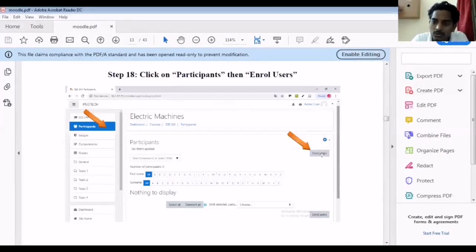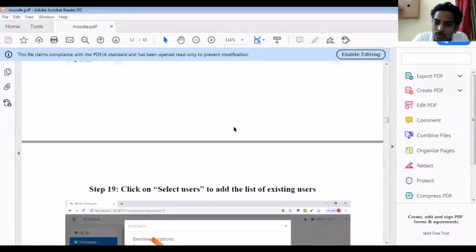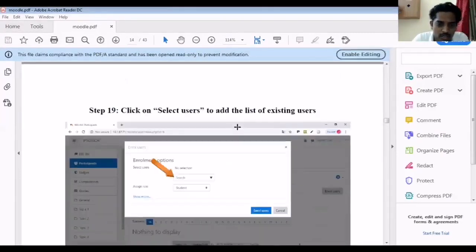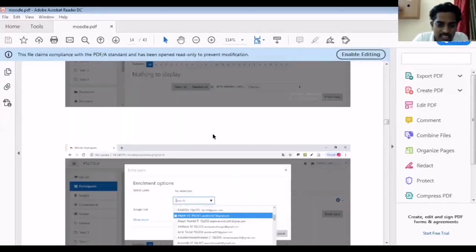All the users you have created will be listed here. You have to select and enroll users for the particular course. Once you have enrolled them, a notification will be sent directly to the student, because you have received their email, and you can share the link with the particular student. So they will directly get the link to access your course. So you can select the users to access the course.